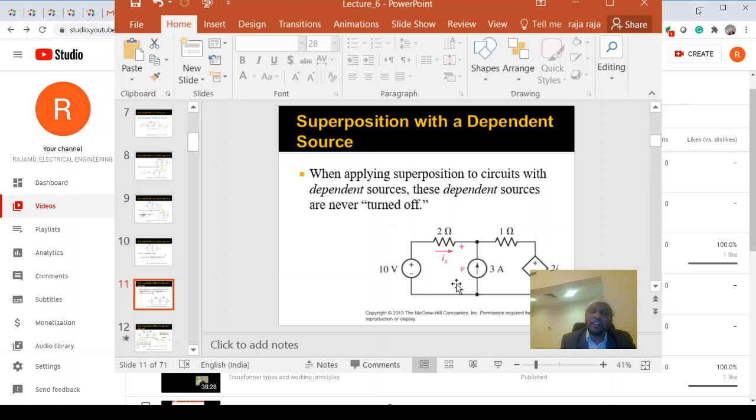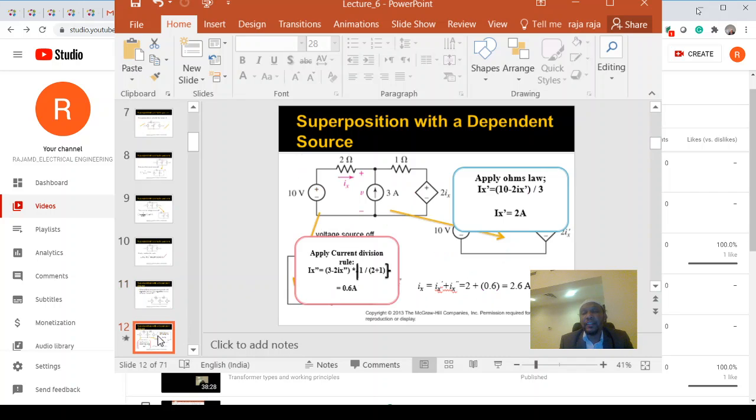Okay, students, so now we want to go for another way. For example, if you drive a car on the highway and one road is closed, they say it is closed and take a diversion, so you go to the other road. Similarly, now our logic is closed, directly we cannot do anything, because they said never turn off a dependent source. So now we want to move to another way to solve such types of problems. Now we can go to the problem.